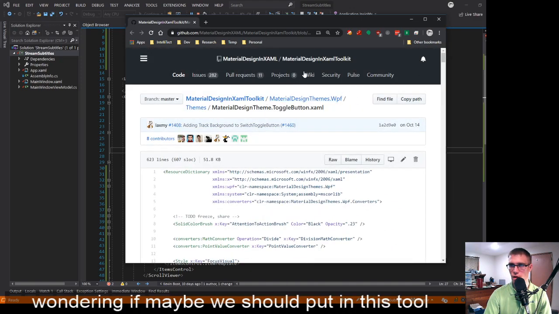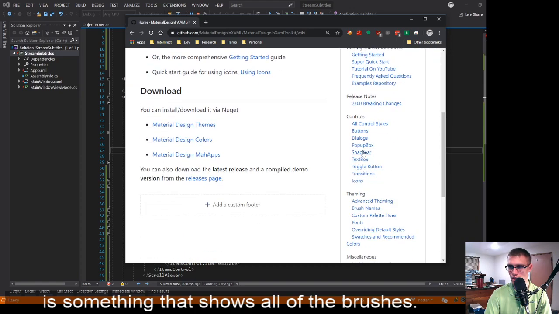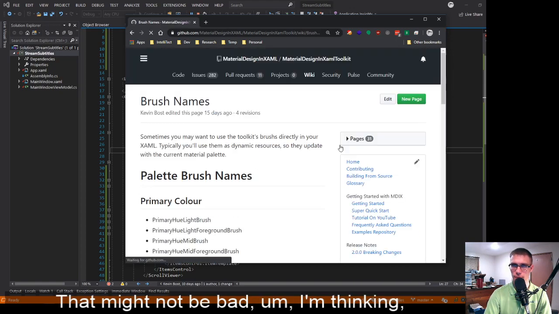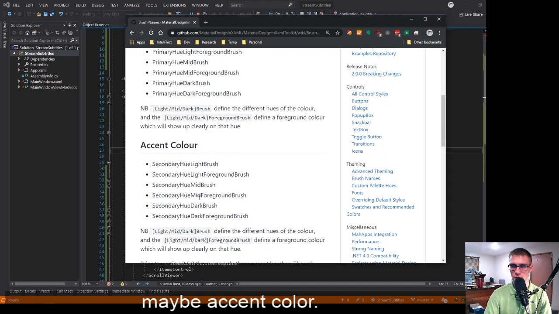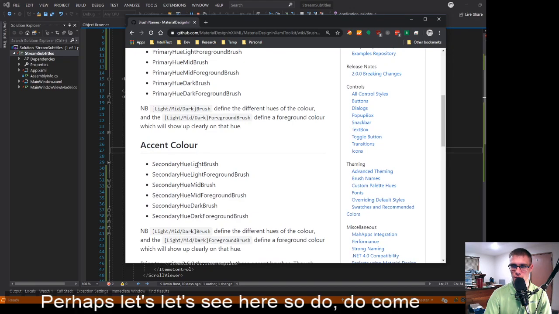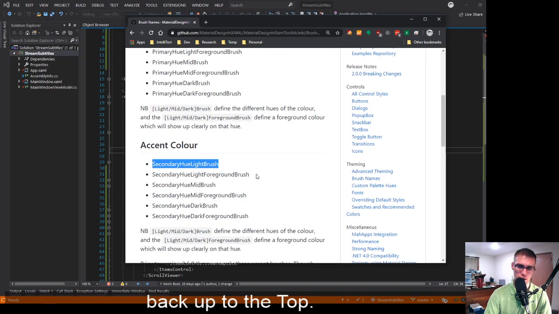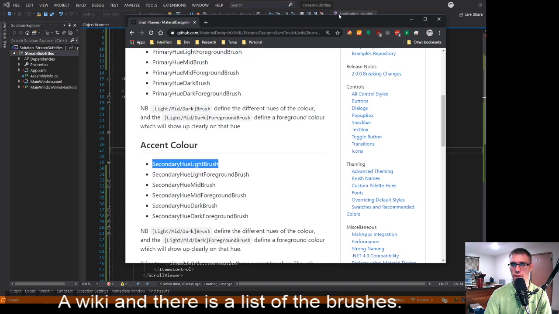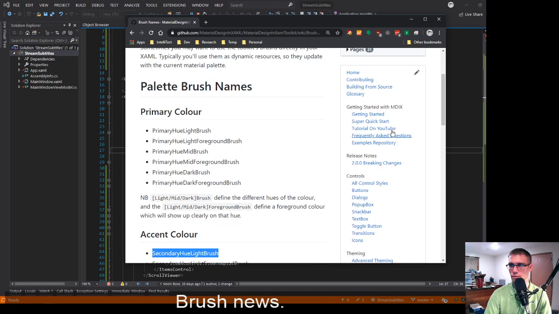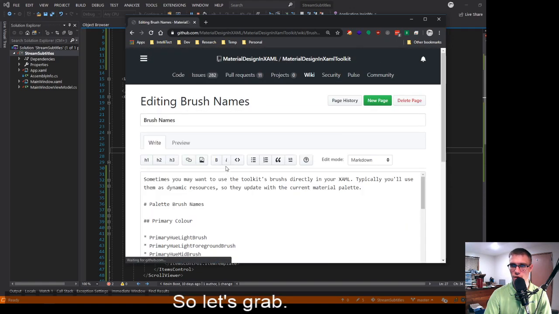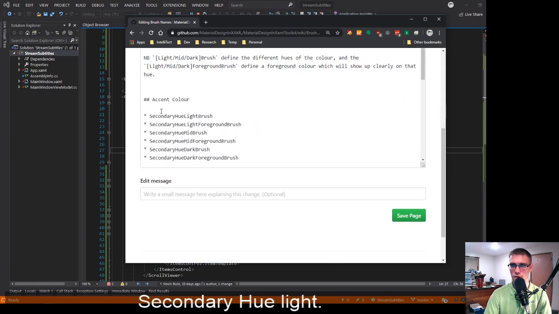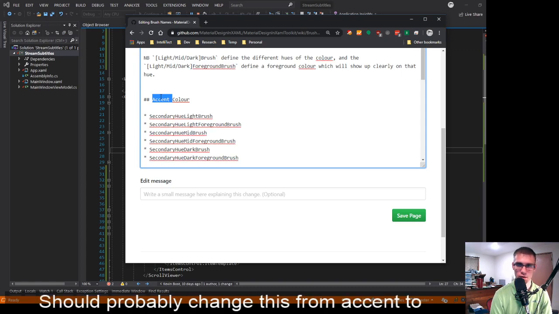Let's see here. So go back up to the top, wiki, and there is a list of the brush names. So let's grab secondary hue light. Should probably change this from accent to secondary. Let's just edit that. We're already in here. Let's see, rather than accent,